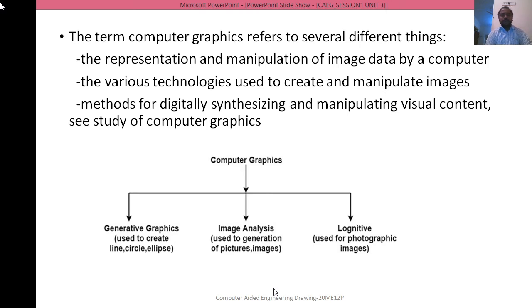It is used to analyze images and pictures and manipulate the images if required. Third one, cognitive analysis. In this case, it is used in generating photographic images by making use of cameras.